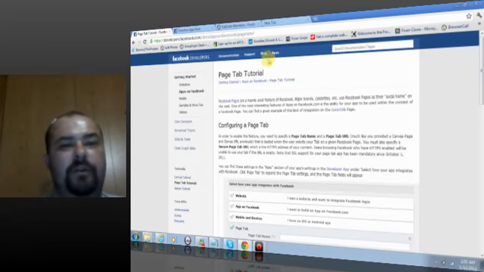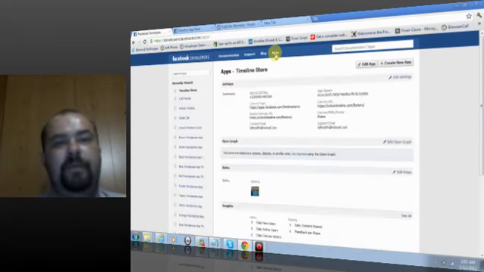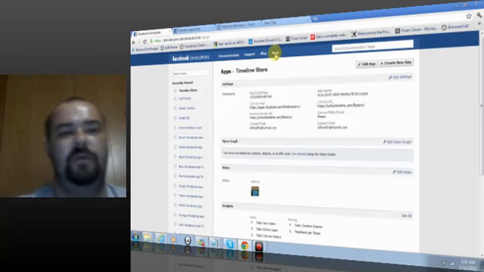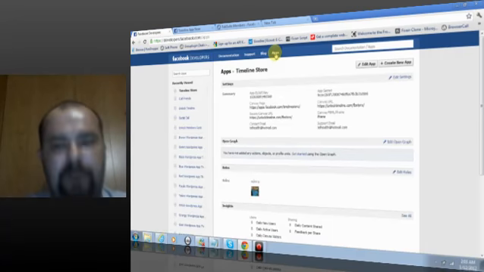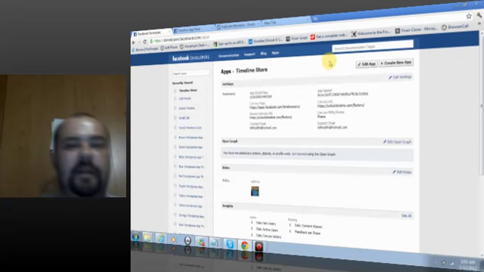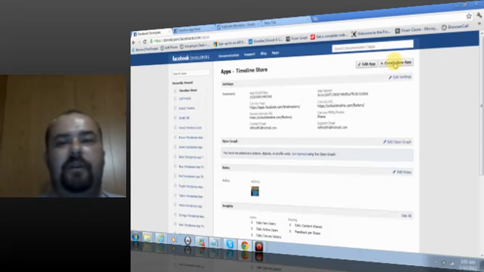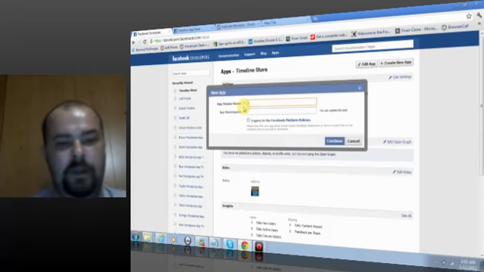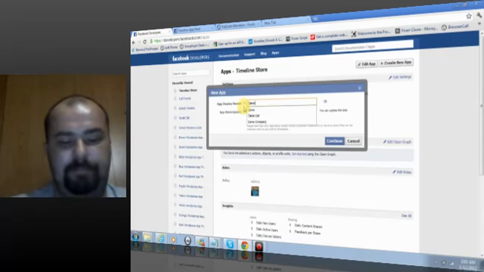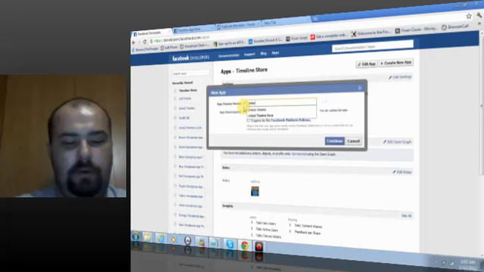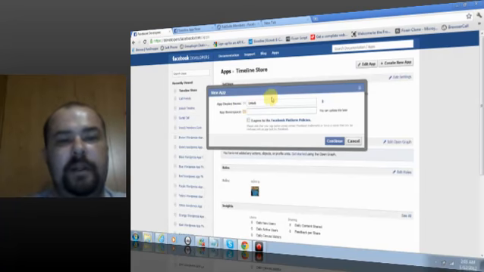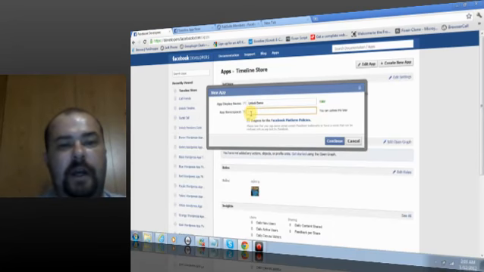Simply what you do is you go to here, apps. If you haven't done this before, it's going to come up with a dialog and ask you to actually add the developer platform to your profile. Then after you've done that, it will come up with this type of page. And what you do is you go to create an app and give your app a name. Then it's going to ask you for a canvas